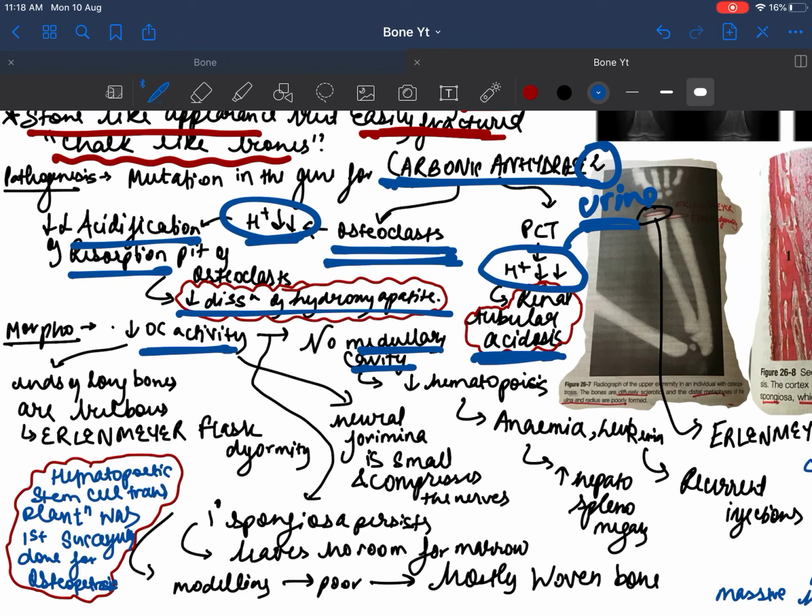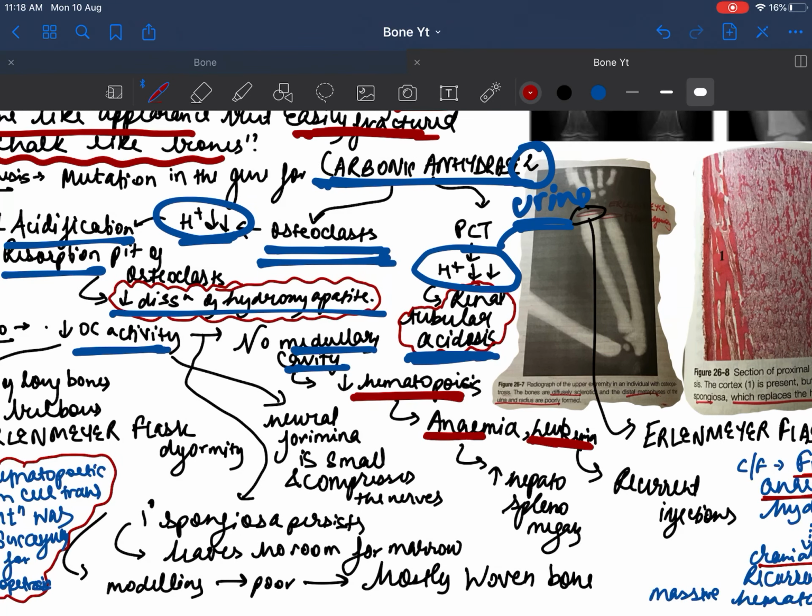We have hematopoietic stem cells in the cortex also, but in most cases a lot of them are in the bone marrow, in the medullary cavity. So if there is no medullary cavity, there will be less hematopoiesis, which will lead to pancytopenia. Actually, it will lead to anemia and leukopenia. So due to anemia and leukopenia, there will be recurrent infections